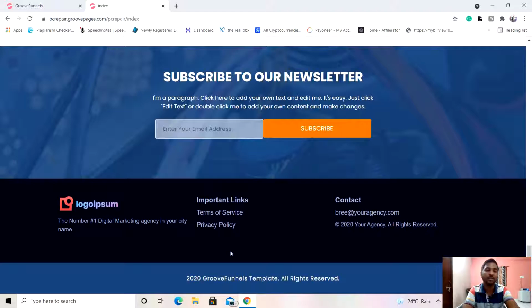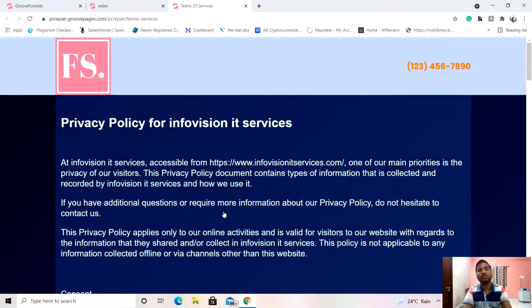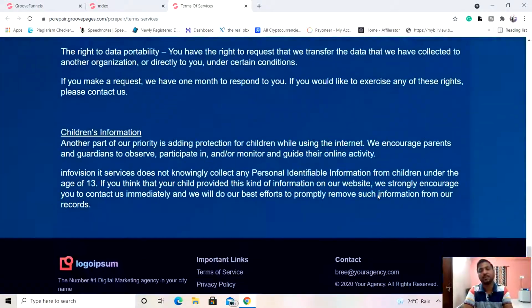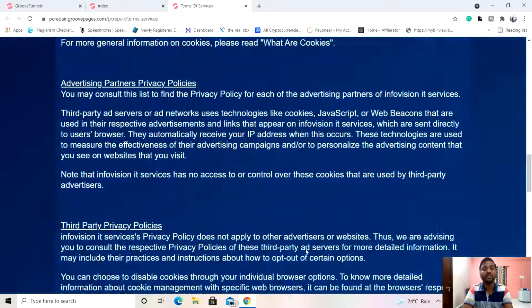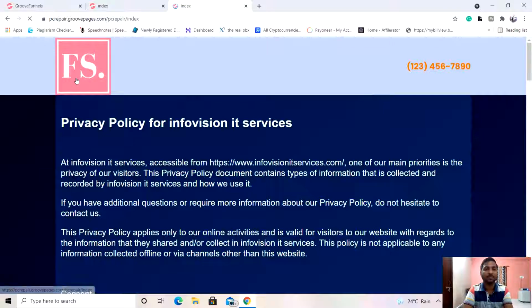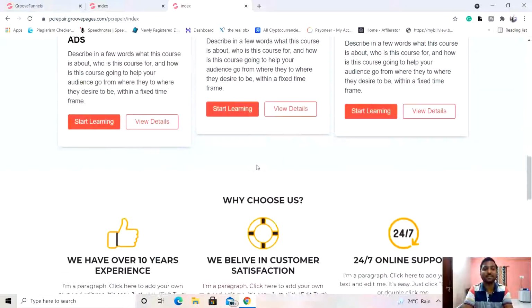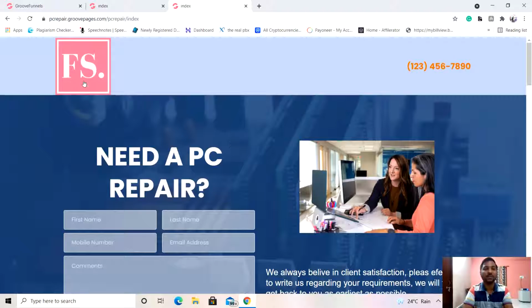You can see that when my cursor goes to terms of services, it gets that hand icon, the palm icon, which shows us that this is a clickable link. So let's click on this, and here we go, we are on the privacy policy page. Now again we can click here. Right now it's not working because we are already on the terms of services page, so let's click on this one. Here we go, again we are on the home page. So this linking is working on both the pages.